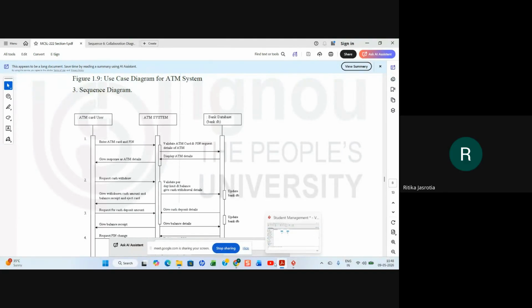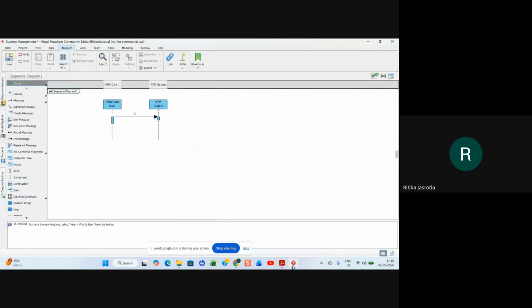So ATM card and PIN, here we have to enter. So we have entered the ATM card and PIN in the ATM system. Like this, you have to give the message, right?